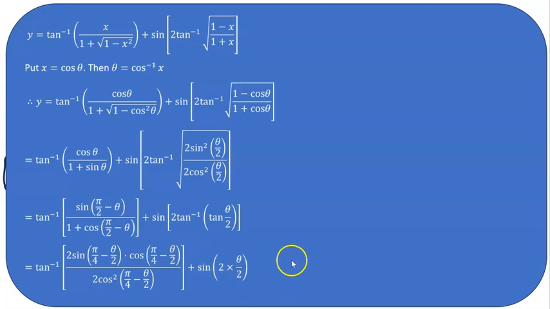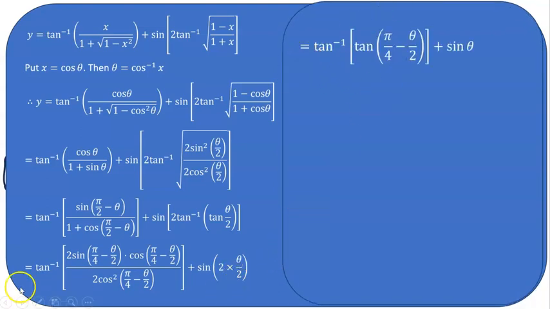This 2 will get cancelled, and overall you will get sine of theta. Now see this here. y is equal to tan inverse of cos of pi by 4 minus theta by 2 and cos of pi by 4 minus theta by 2, one term gets cancelled. 2 gets cancelled, and overall you will get sine of pi by 4 minus theta by 2 upon cos of pi by 4 minus theta by 2. Then you will get tan of pi by 4 minus theta by 2 plus sine theta. Now tan inverse of tan of pi by 4 minus theta by 2 is nothing but pi by 4